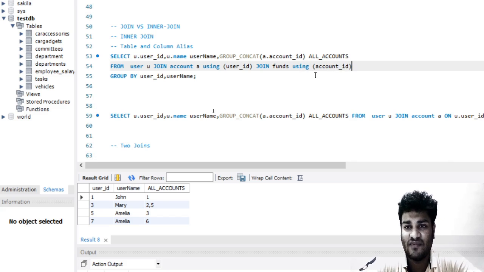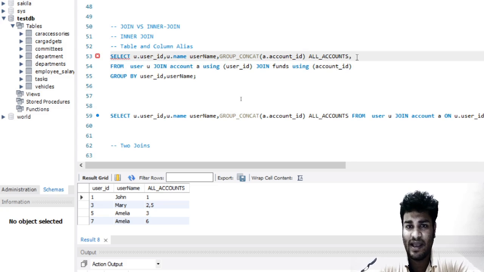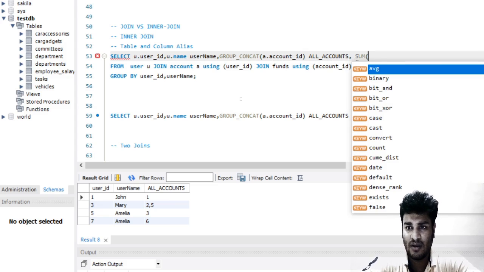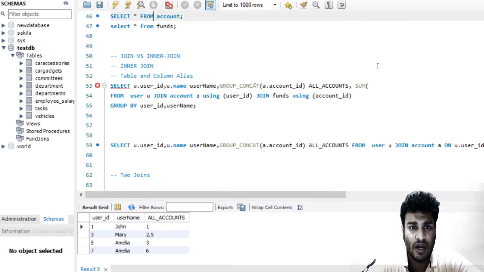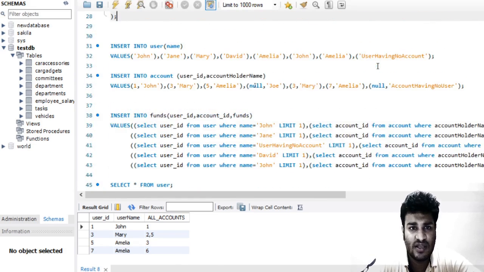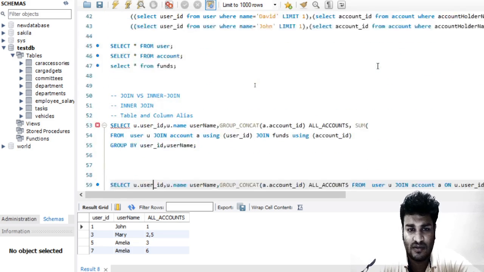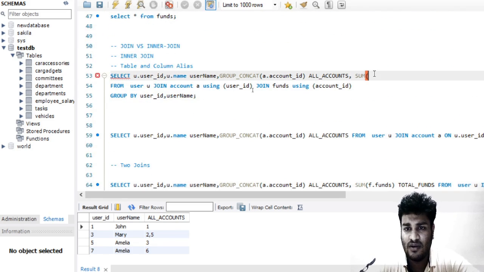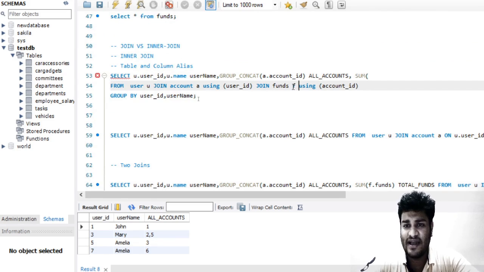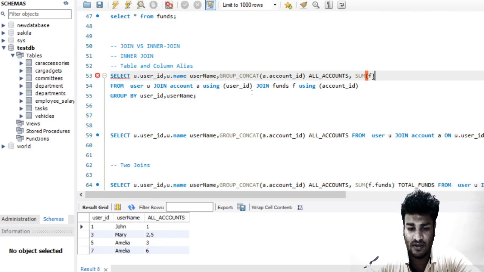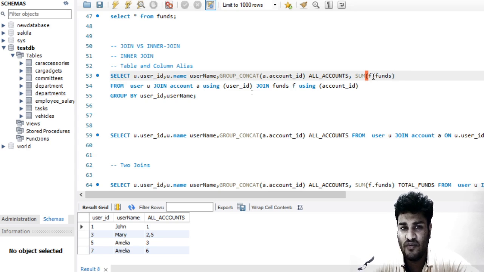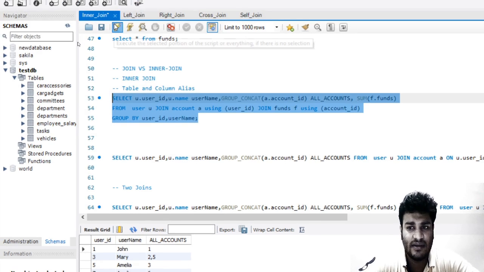So we are joining it with funds using account id, and we will have another column over here: sum of funds. What is the name of the column which stores the funds? That is funds, right? Sum of, and give the alias name f, so f dot funds. So we need the sum of funds, right? So we will just go ahead and run this.